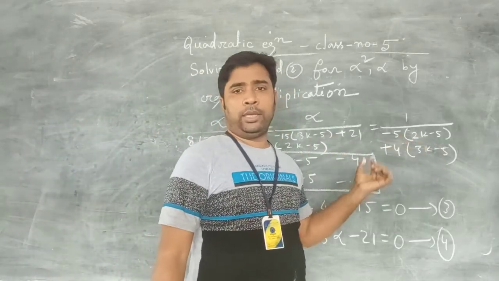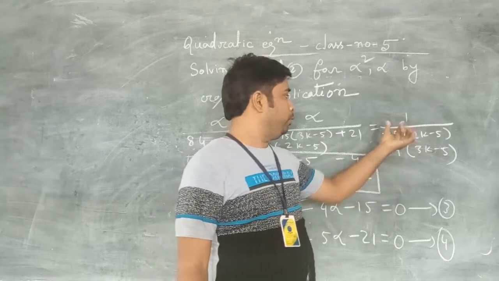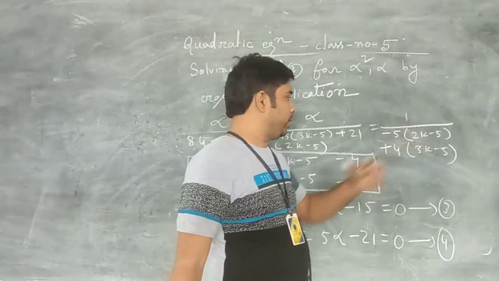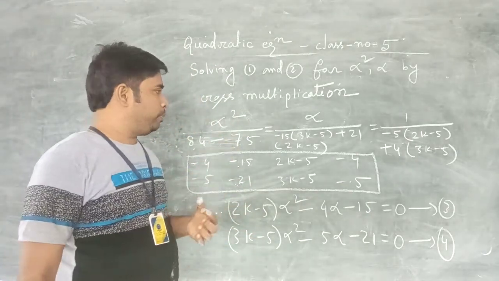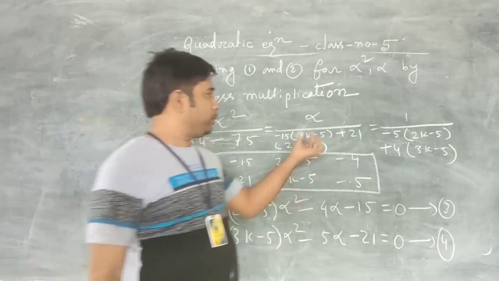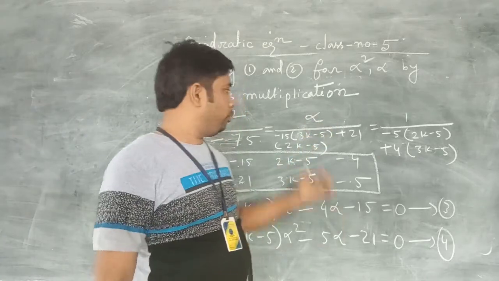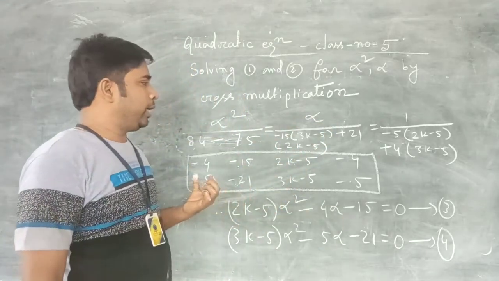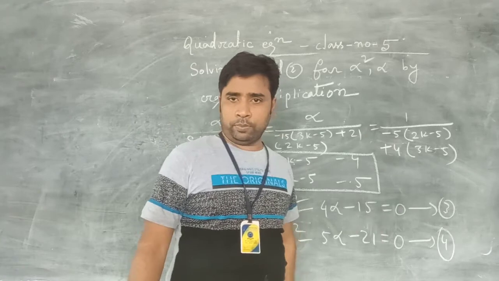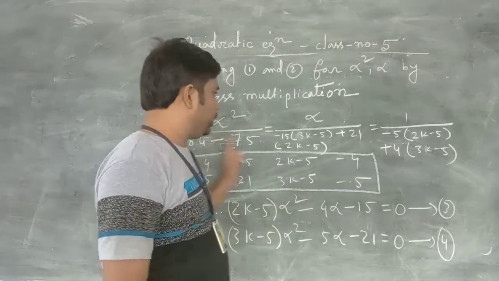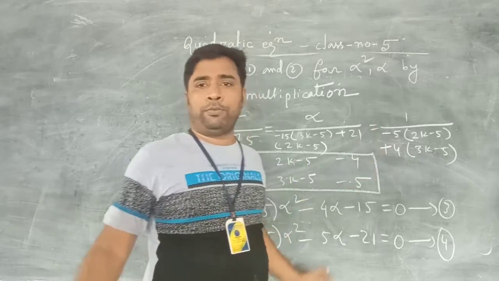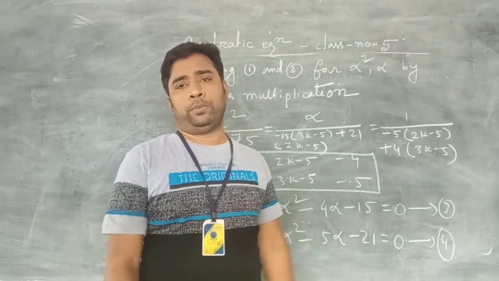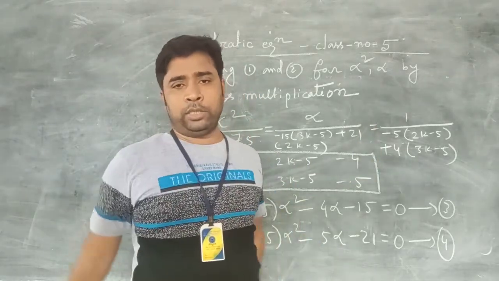It may be k, it may be twice k, whatever. So if we consider this is 1 by twice k equal to this one, alpha square by this one. Again, suppose this is alpha k by 2. So from here also, what you can write? This is equal to this one. So we shall consider this equal to this. Next, again we shall consider this equal to this, and if we solve it, we shall get the value of k. Okay, so this is your homework.